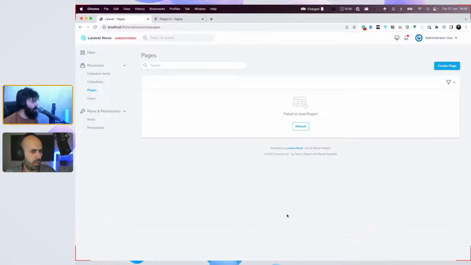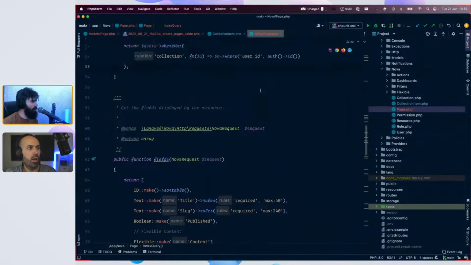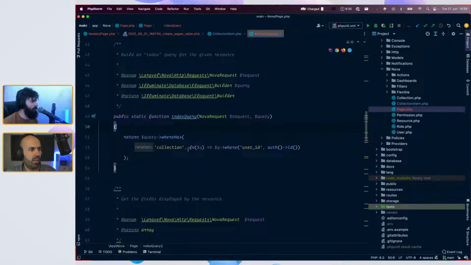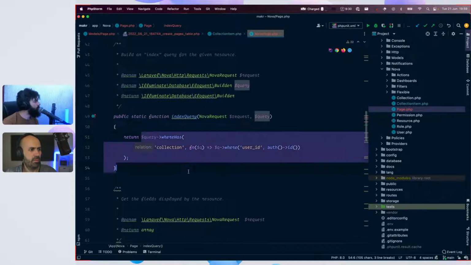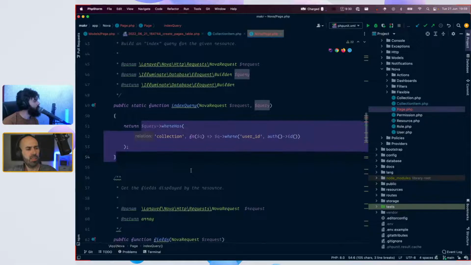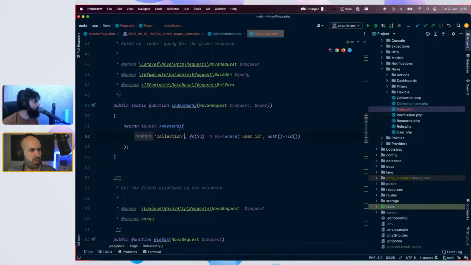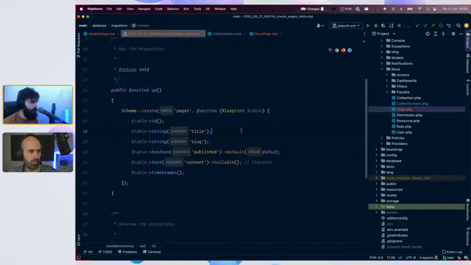You can check on the migration for the collection item. I think we removed it. It's the index query. So it's not where the collection has this, right? It's just that the page also belongs to a user, right? Yes, we need to have that field on a page.